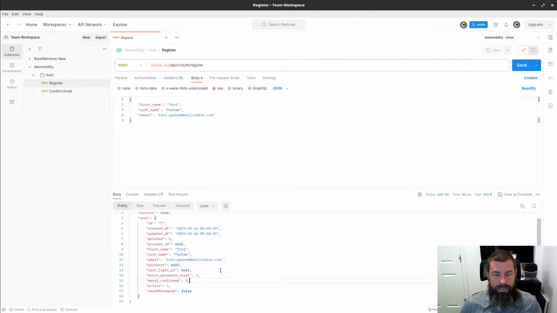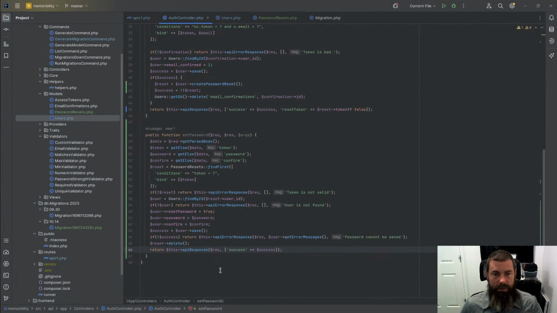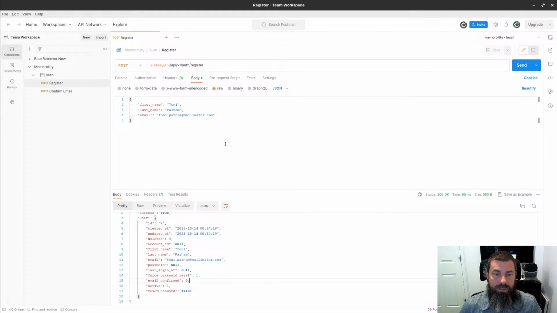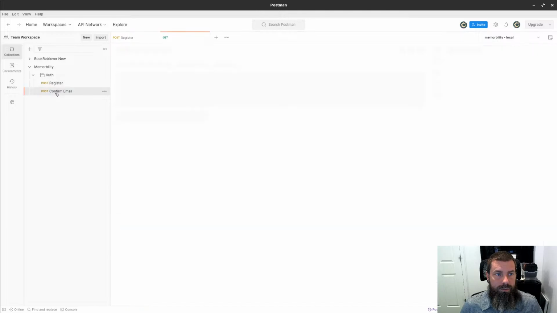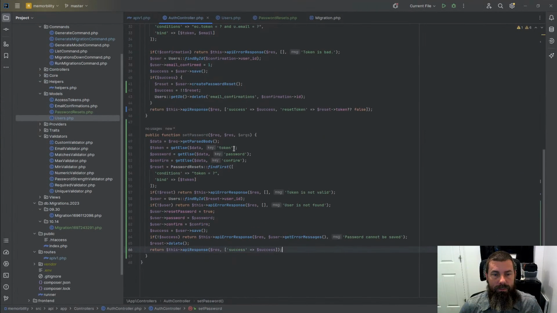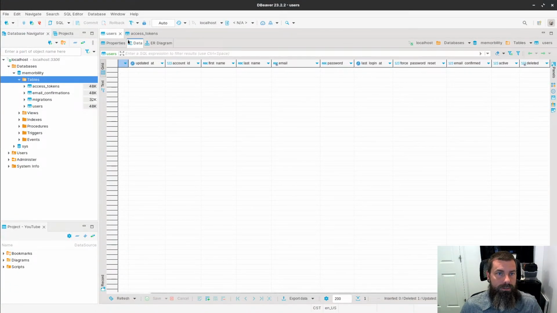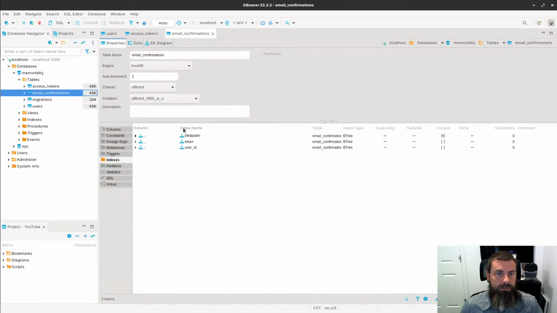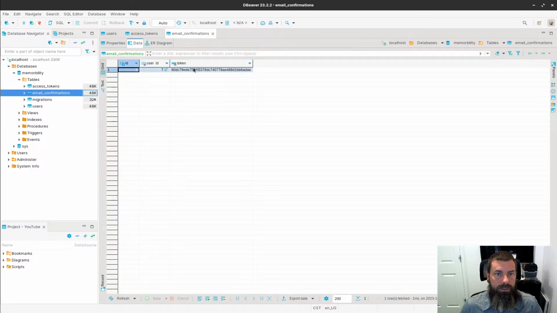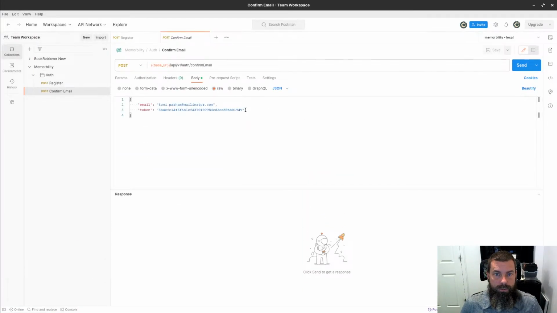The next thing that we want to do is, let's go ahead and do the confirmation and see if it creates that token for us. So we have this confirm email here, and I'm just going to grab her token out of the database because we're not doing emails just yet. Okay, here's her token. So copy that. We'll throw that in here. Perfect. We'll hit send,